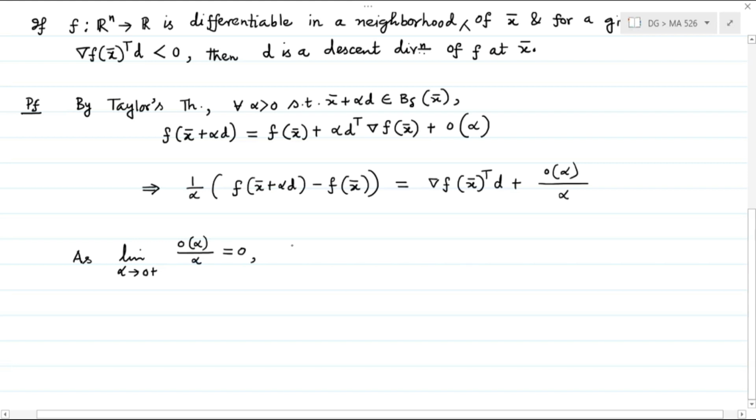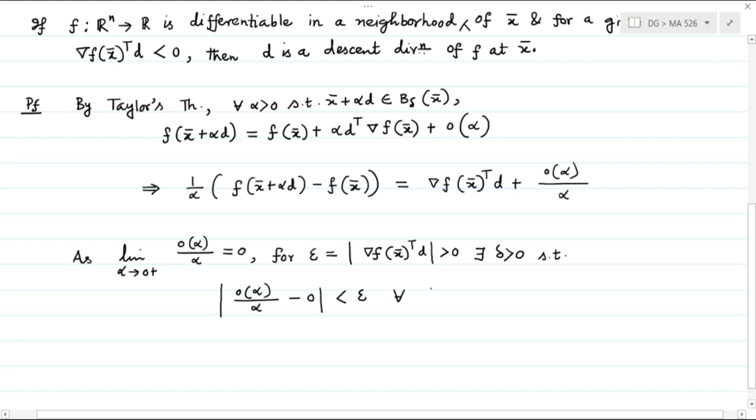Now if we apply the epsilon delta definition of limit for a function, then by choosing epsilon to be modulus of gradient f x bar transpose d, which is obviously a positive quantity, for this epsilon we must have a delta greater than 0 such that this small o of alpha divided by alpha minus the limit 0 is less than epsilon for all alpha belonging to 0 to, let me write here a different delta,